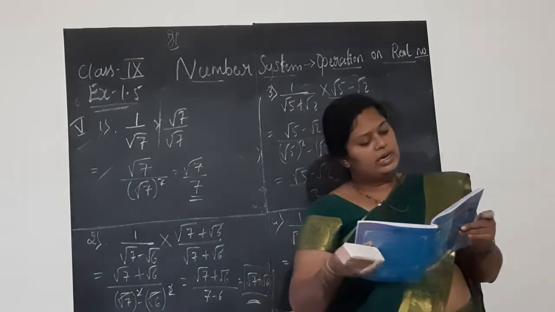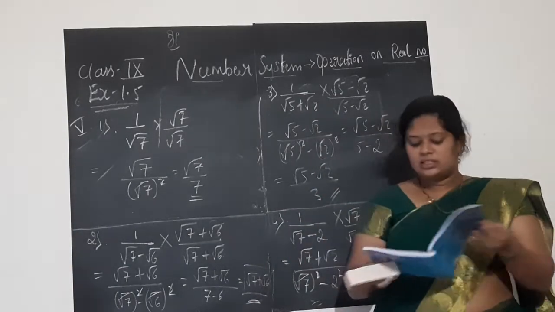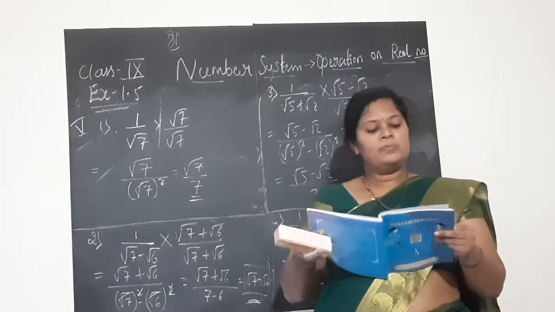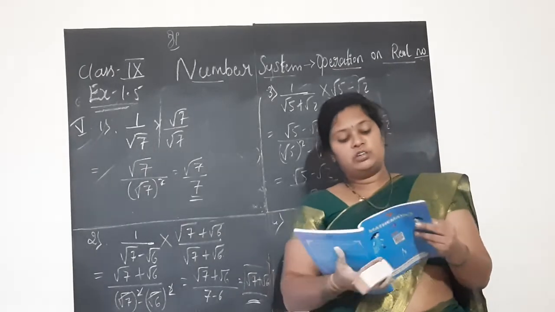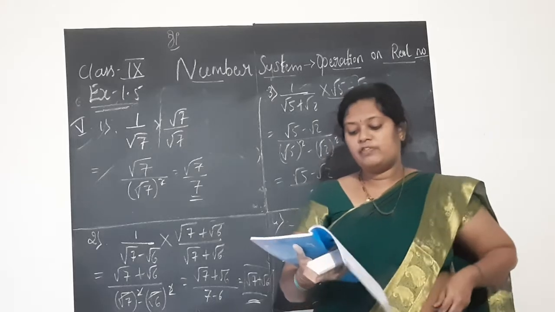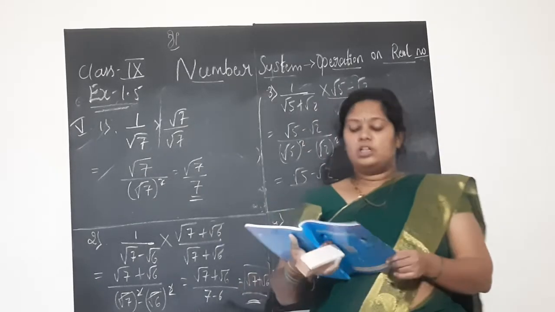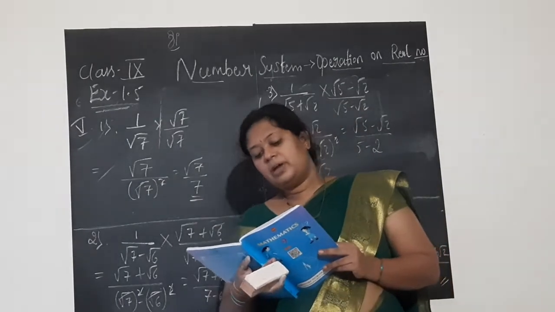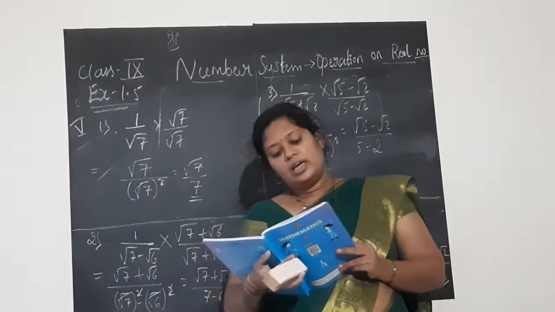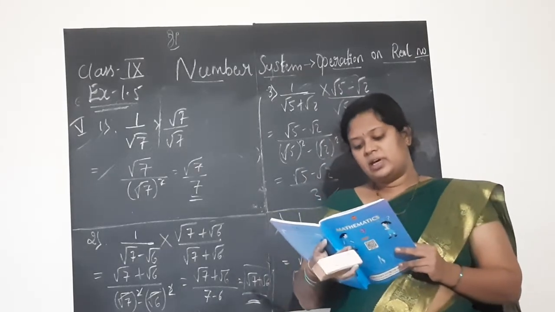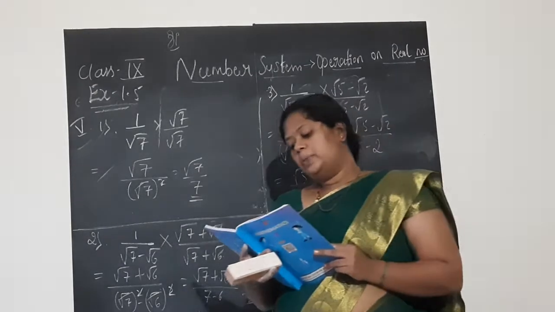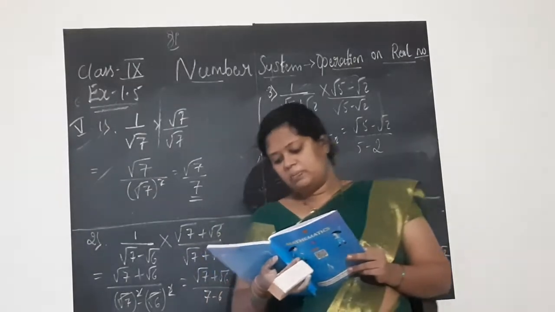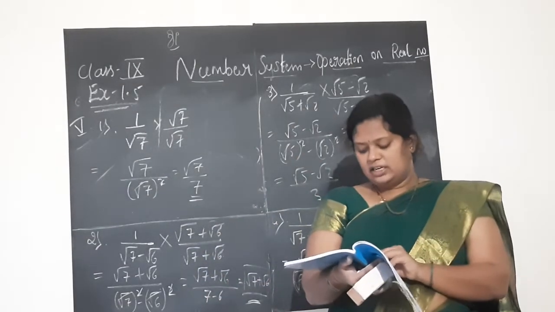See here, all the 4 are given. So after finishing this exercise, what you will do is, next subheading you will write law of exponents for real numbers. And if you come to page number 25, children, in your textbook you have all the 4 laws of exponents given there. You will write all the 4 ones. That is, a power m into a power n is a power m plus n. (a power m) whole power n is a power mn. a power m by a power n is a power m minus n. a power m b power m is (ab) whole to the power m. So with this, keeping these laws of exponents, directly we will solve.